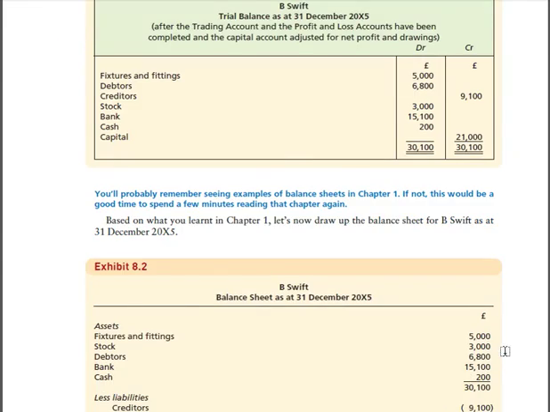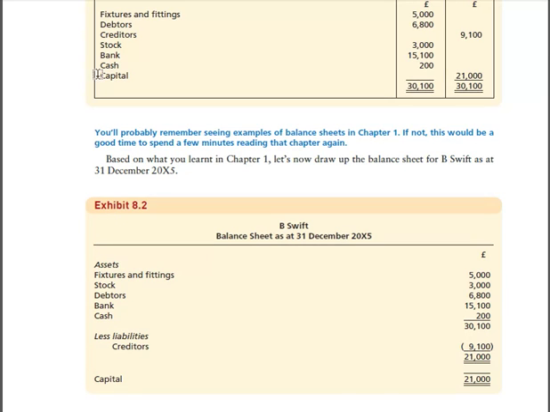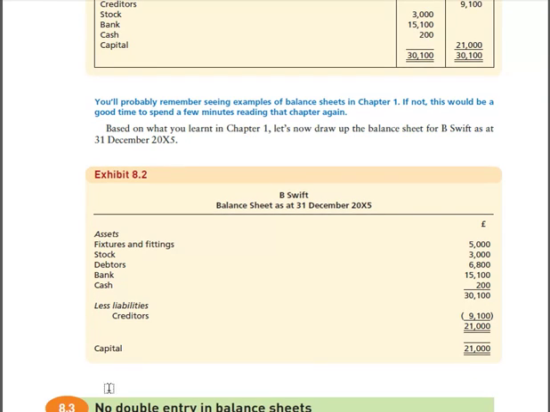Now we look at a sample balance sheet format and generally how the balance sheet is prepared. The balance sheet would be divided into a section of assets. So we plot all assets under the assets section. Fixtures and fittings, debtors, stock, bank, and cash, we'll list them down under assets, and then we'll plot their figures, and then we would have a total of the assets. Then we'll subtract liabilities from this asset to find out what our capital would be. When we subtract our liabilities, which would be our creditors, which is here